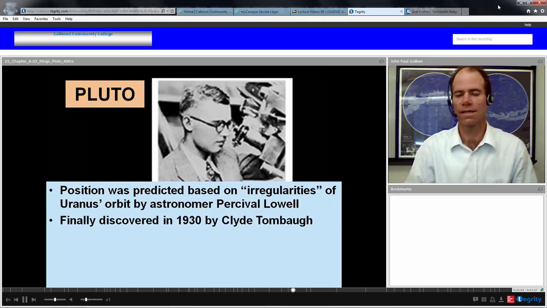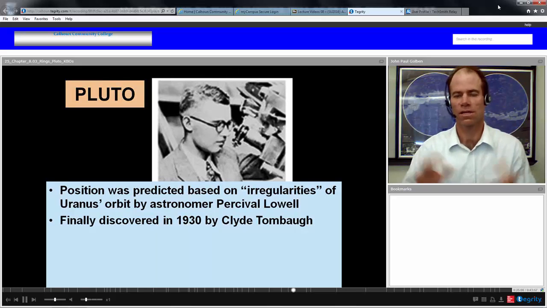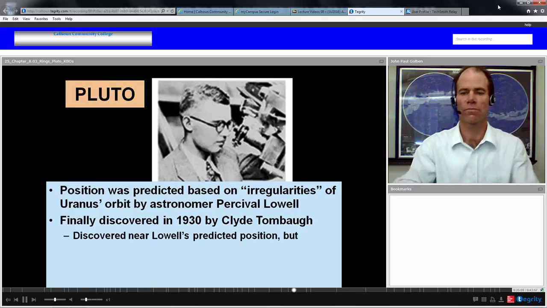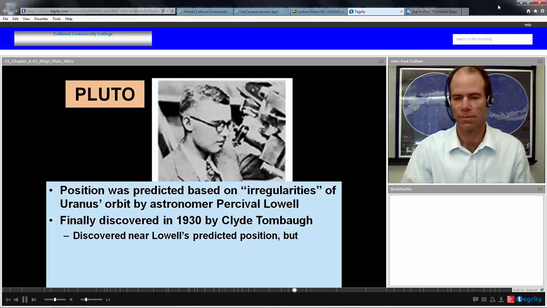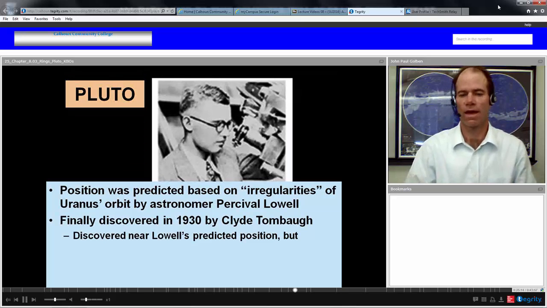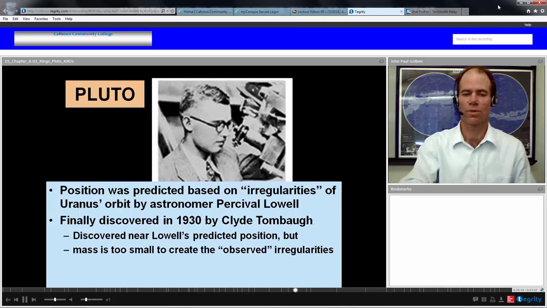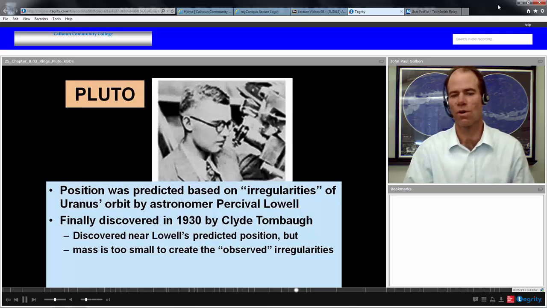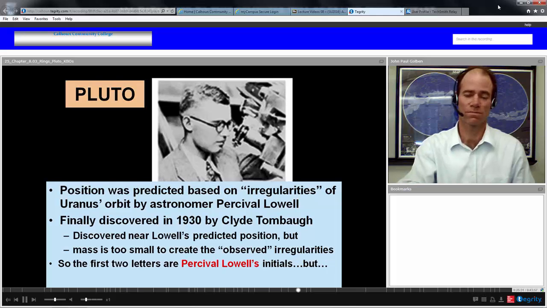And in 1930, Tombaugh discovered Pluto in much the same area where Lowell predicted it should be. So that was a good thing, but it was found later that Pluto's mass was far too small to create those observed irregularities in Uranus's orbit. So really, Pluto was discovered